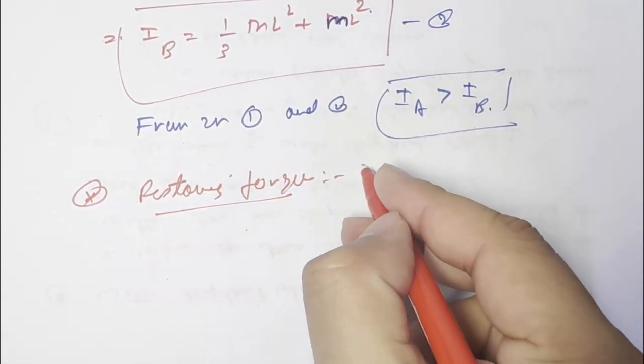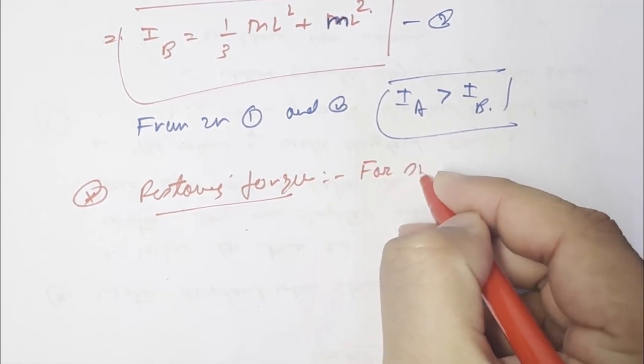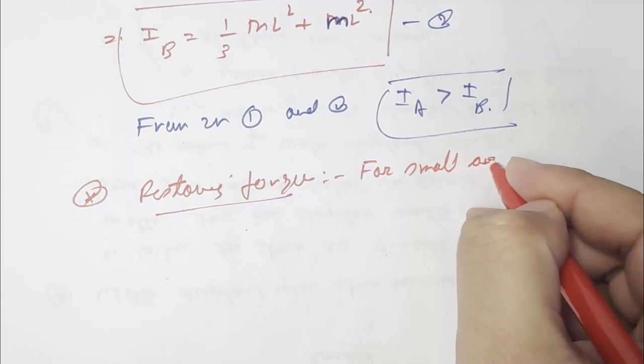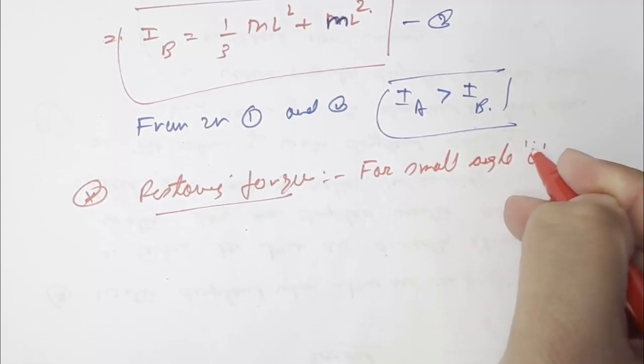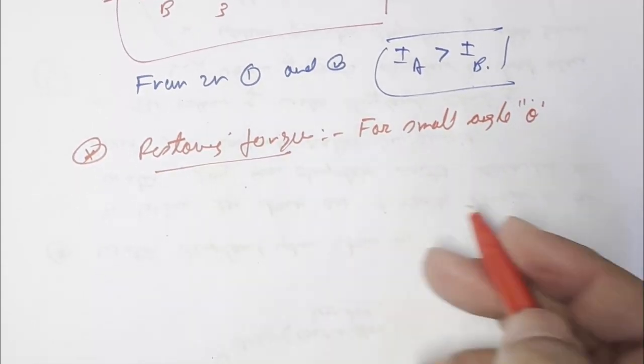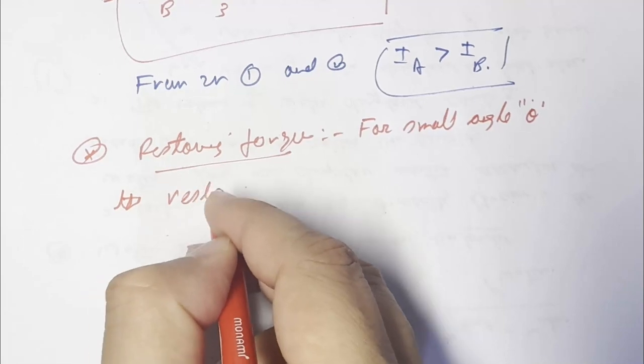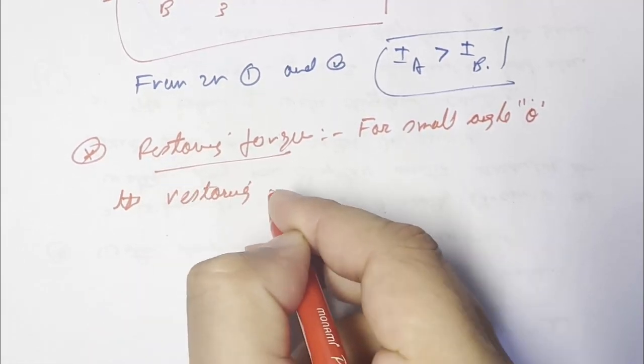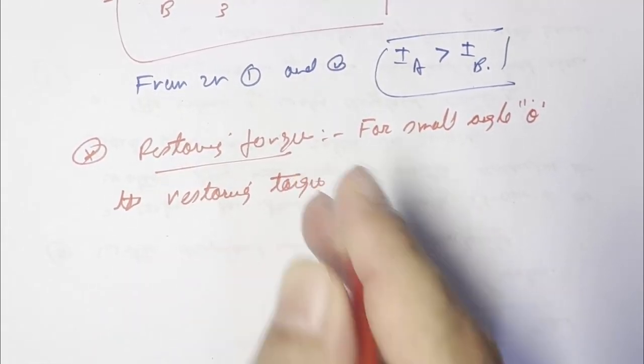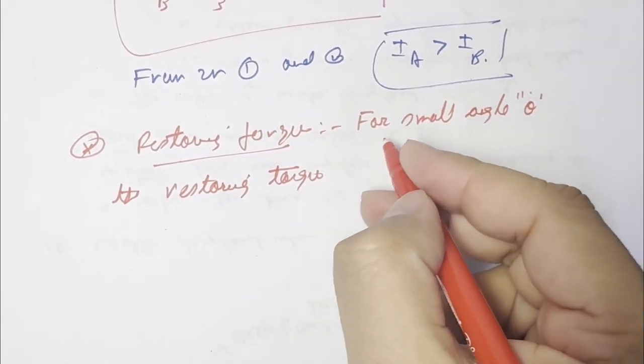We say for small angle theta, the restoring torque is given by